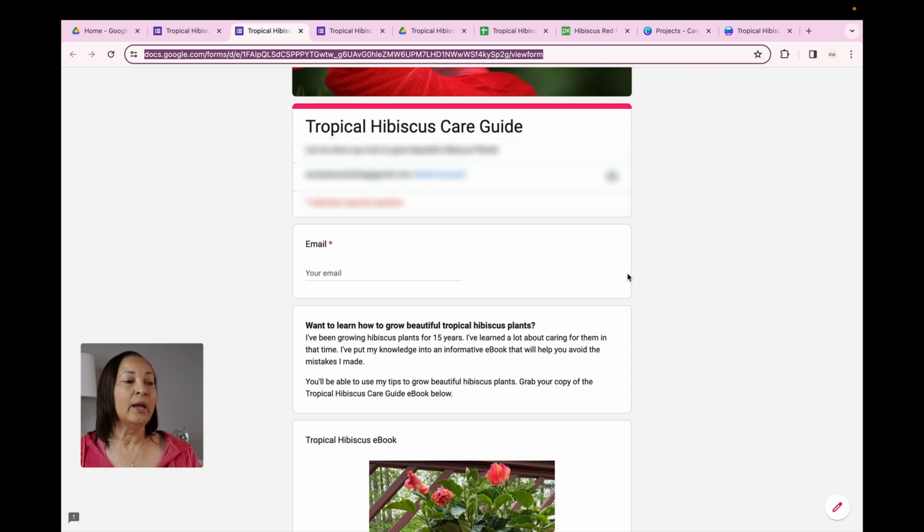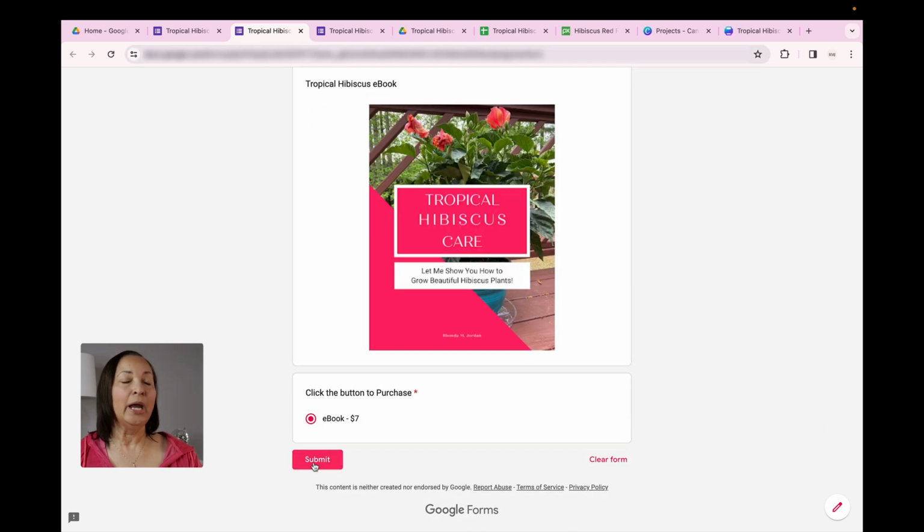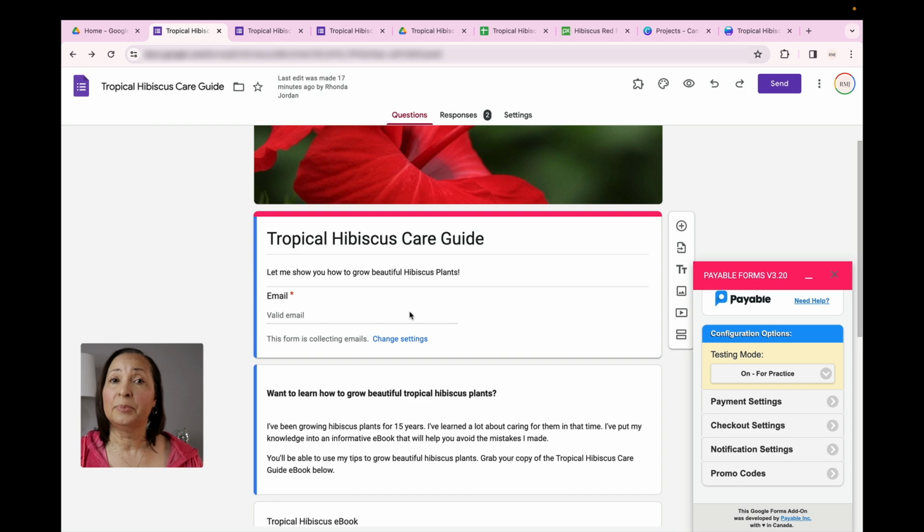The second thing is once they click on ebook and they click on submit, here's the second issue that I think could potentially cause you some issues. And it is this step in between hitting submit and going to the actual checkout page. You want your sales process to be as seamless as possible. And although it's just one click, for some customers, that's enough for them to get distracted, do something else, and forget to purchase.